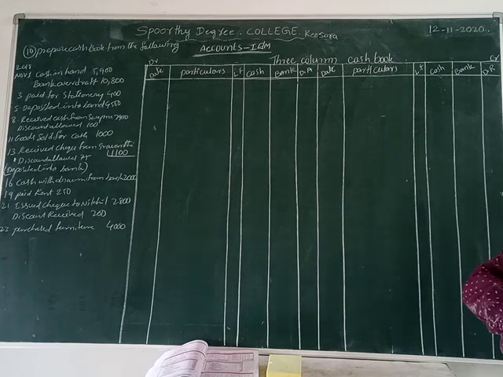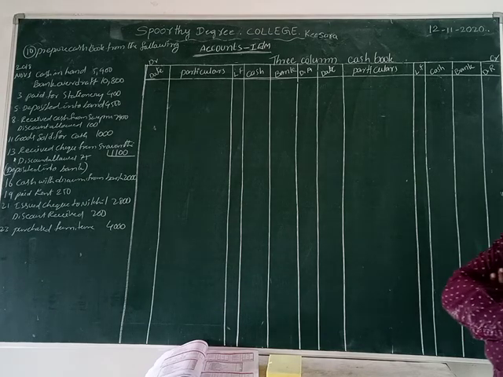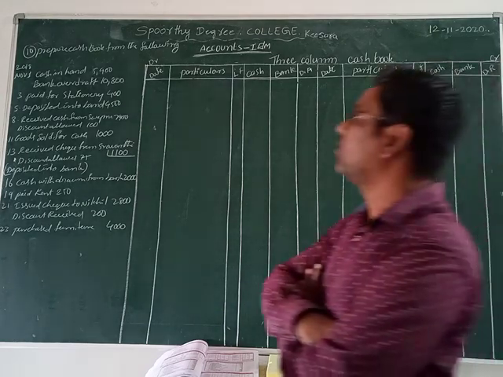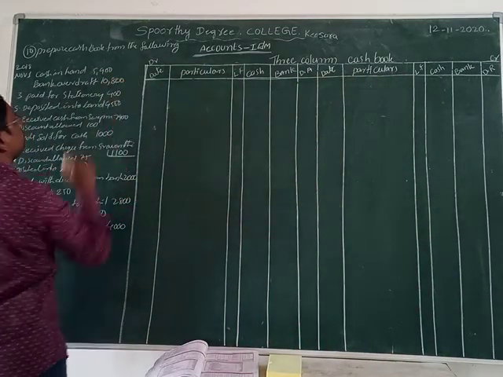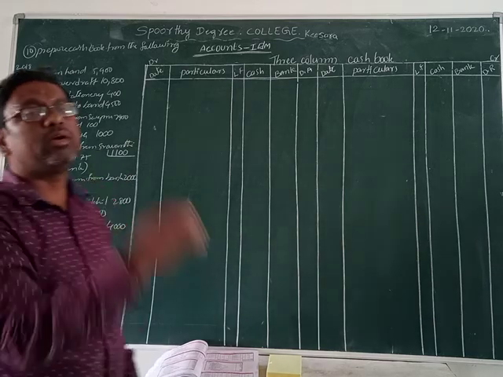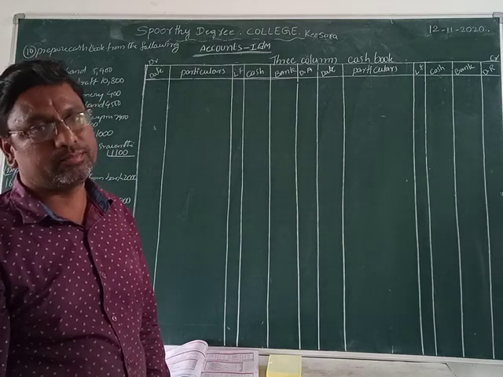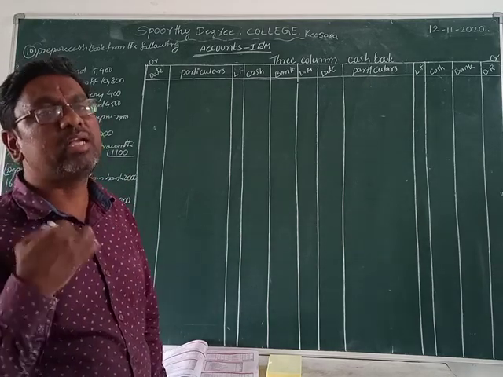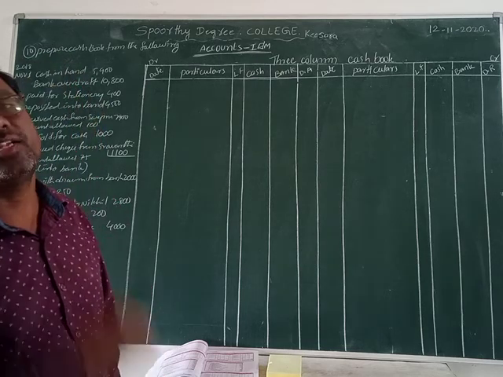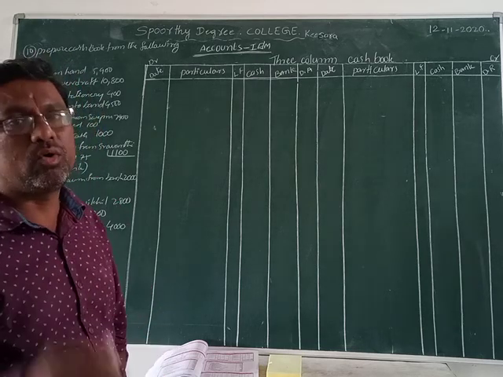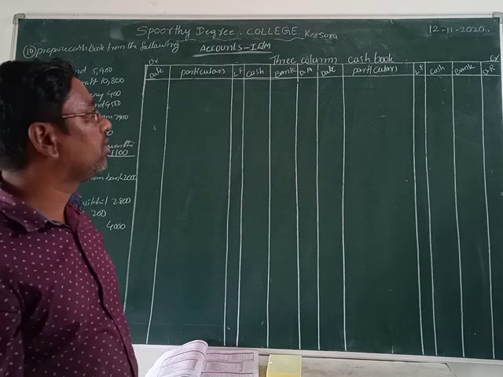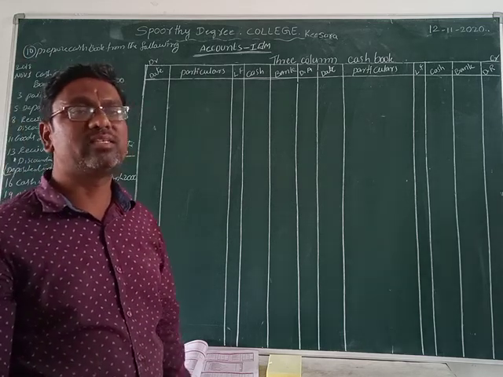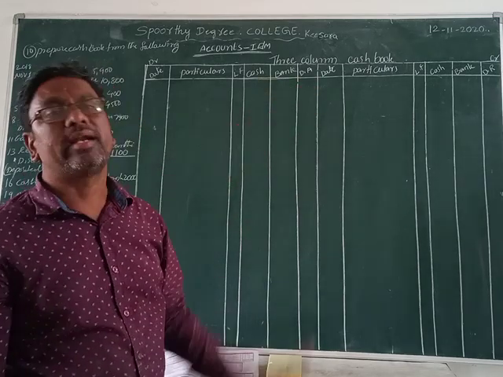Not a receiving amount in this problem. The bank has which amount? The payment amount. What is the payment amount, friends? Here 10,800 rupees. We can pay only from the bank account. So the bank has no cash. The bank has a credit balance. That is called a credit opening balance, and we can record it into the credit side.